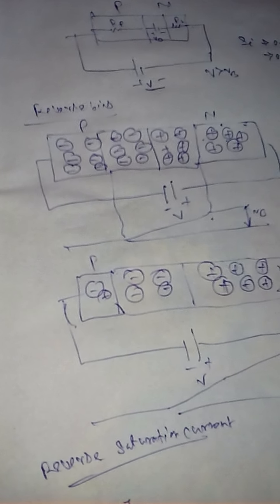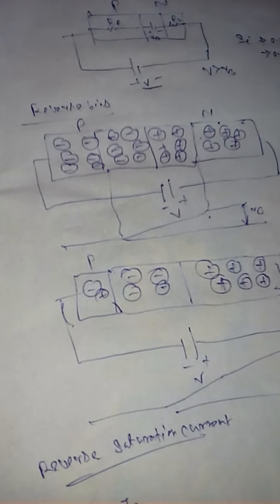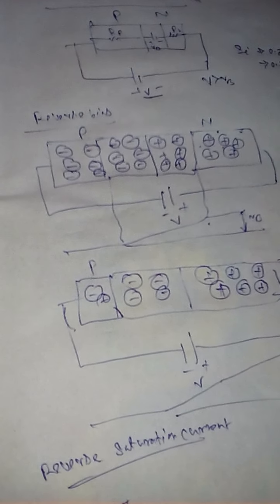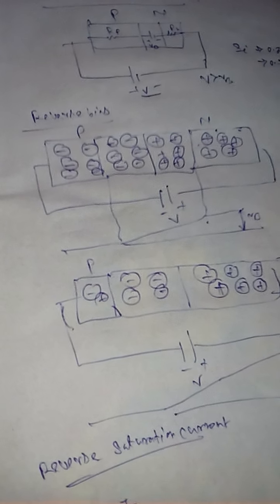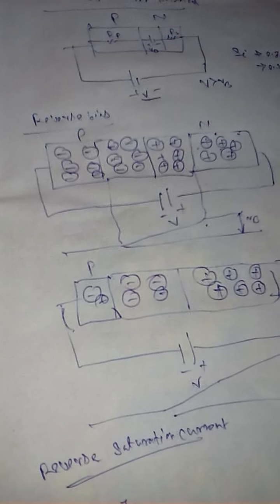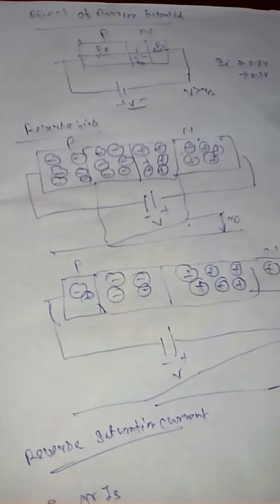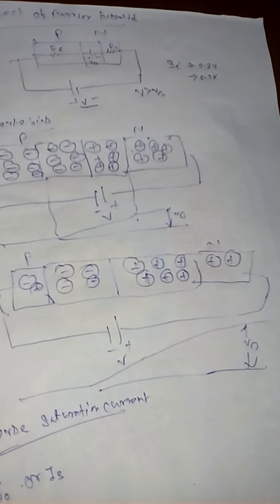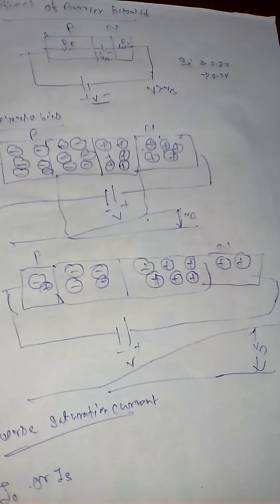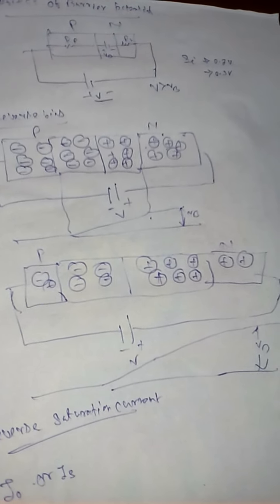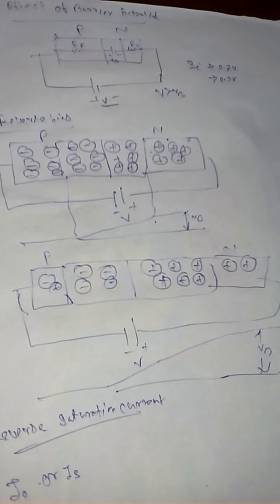So it is evident from the discussion that typical values of I0 for silicon are much lower than germanium for similar power and current levels. So from the discussion we have distinguished that in forward bias the current flows, and in reverse bias the current is very small due to the very high resistance.